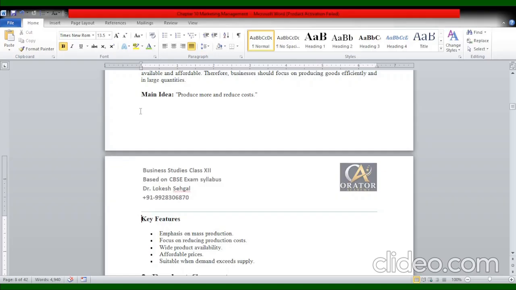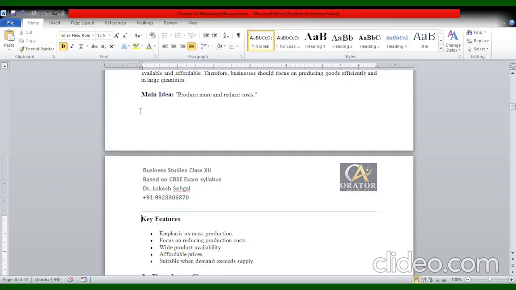They will try to use goods or raw material in such a way that they are producing more and more goods, and simultaneously production cost will be lowered by increasing the scale of production. It will reduce overall raw material and other costs to a significant level, making the product widely available in the market.